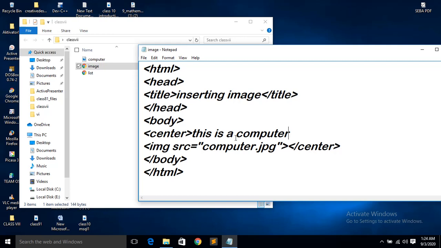So write down the question: insert the image of sports and write one line regarding that sports, that means about which sports you have inserted, you have to write one line.